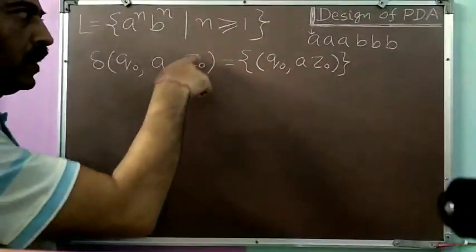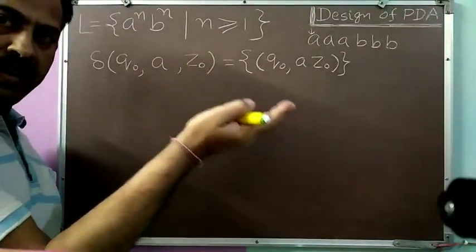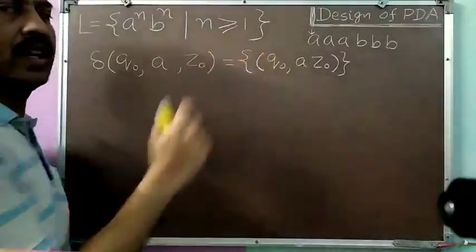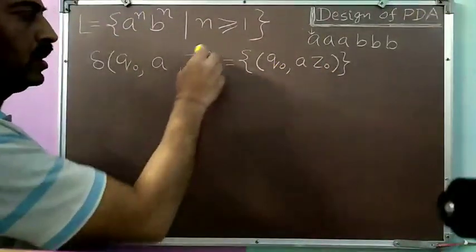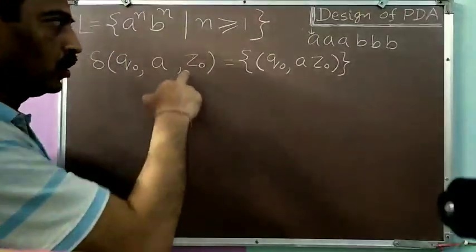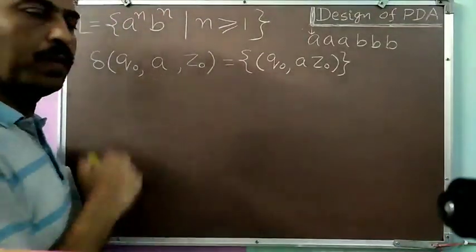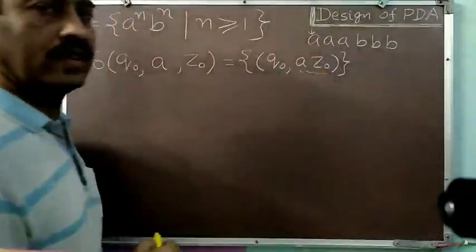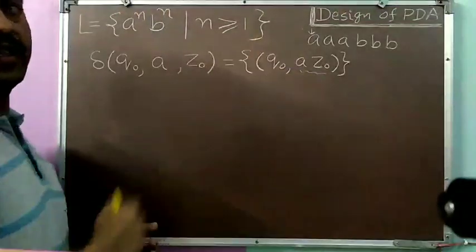Just look, it is a simple push. Simple push means we are not changing the current status of the pushdown store. We are keeping that status as it is, and additionally we have to push this input A here. That's why I have written AZ0, because in taking this transition, my Z0, which is the topmost pushdown store symbol, will get erased, and I have to keep that symbol as well, and additionally I have to push this A. So this will be the transition. We have successfully written our first transition.